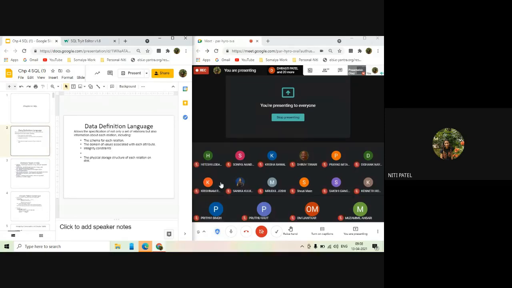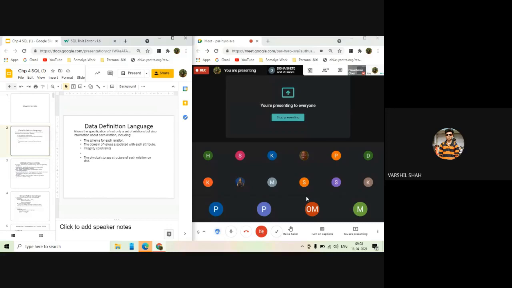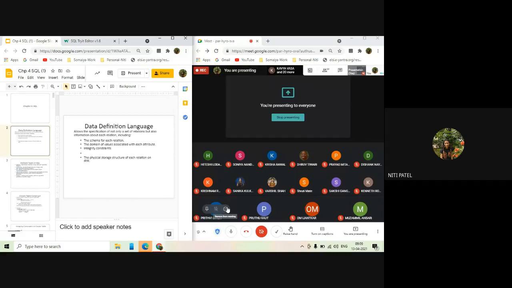Do you remember how many keys there are in DBMS? Any one of you? Two keys. Which are those two keys? Primary key and foreign key. Only two keys were taught. What about other keys? Anybody else? Do you remember? Unique. Yes. Sorry, Nishit? Unique key. Yes, you have candidate key, you have unique key, you have super key, you have primary key, and you have foreign keys.